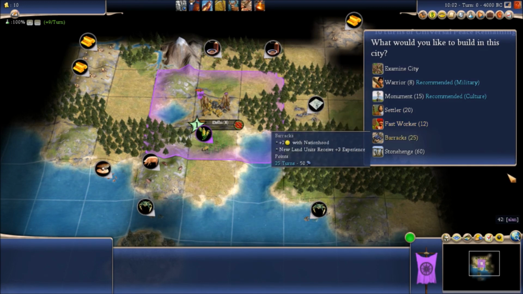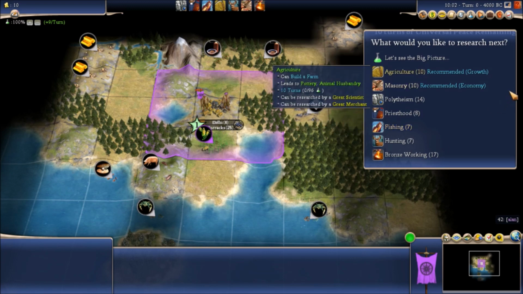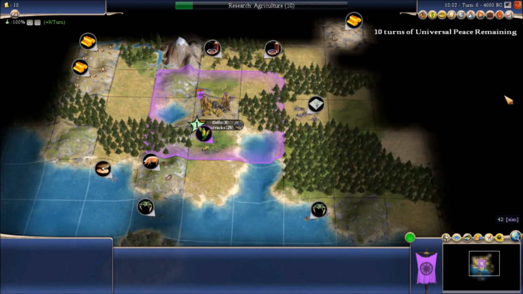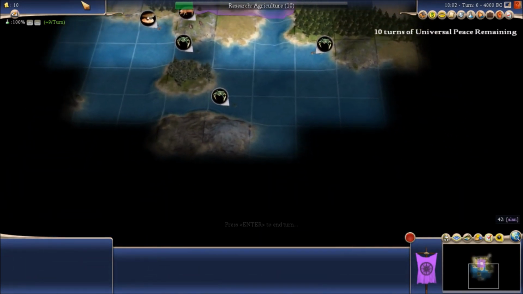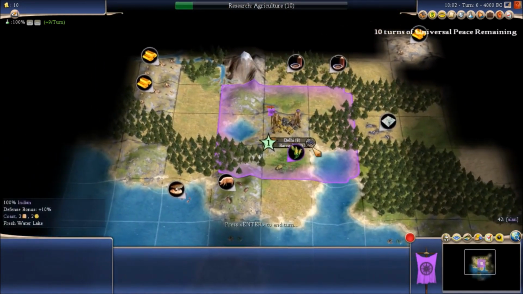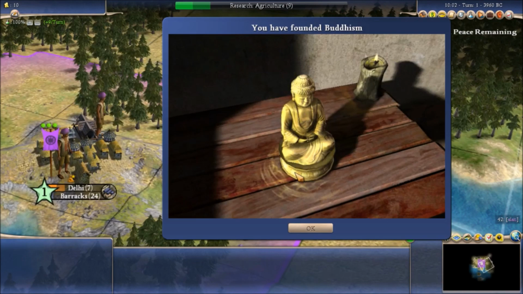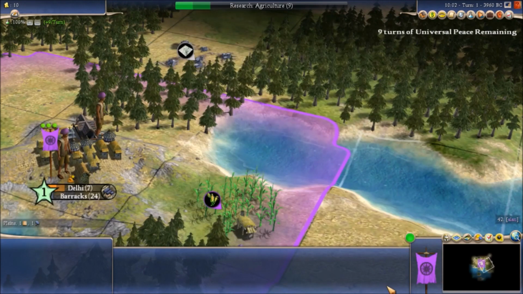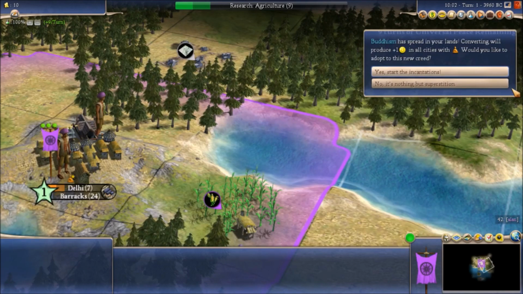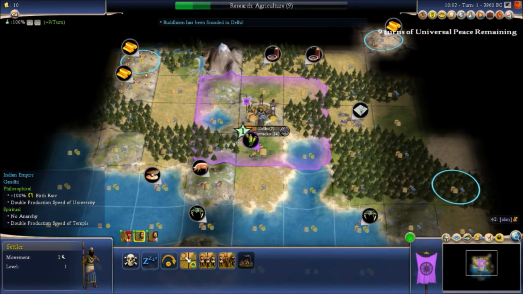Okay, while we emphasize, let's get a barracks up and we'll build a worker soon enough. And let's get some agriculture here. I'm not so sure about the start. I don't know if I should have begun with 2 settlers, to be honest, but it's done now. But we founded Buddhism, which is pretty good. Let's do that. We have no anarchy due to our...